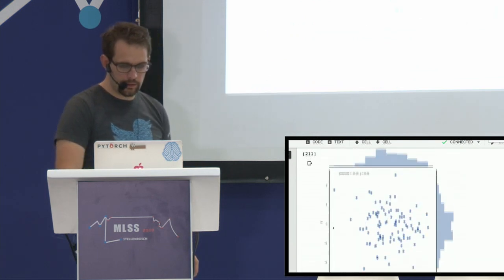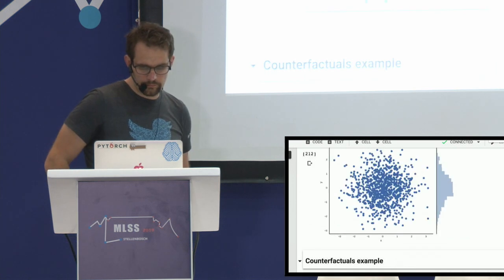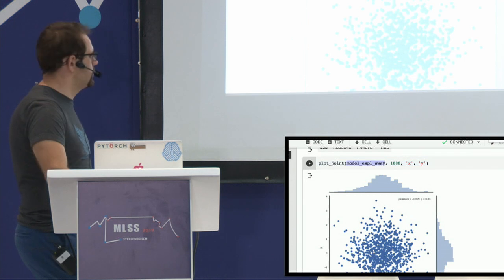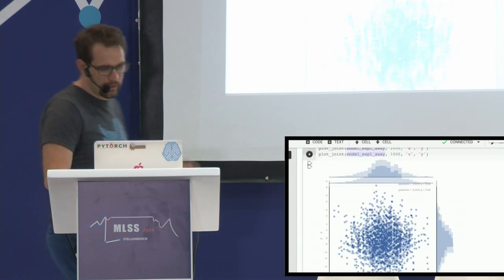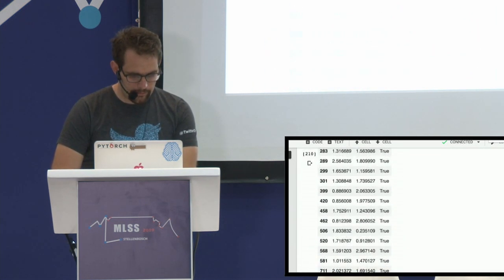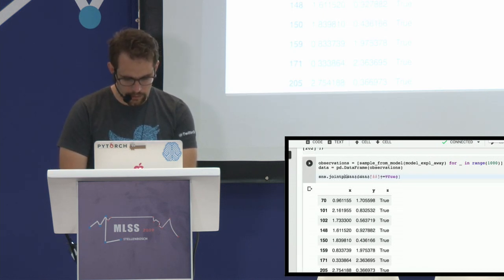So I'm just going to draw the 1,000 samples here. You can see that if I don't condition on z, this is just plotting the joint distribution of x and y in this model, and I can see a nice independent distribution. But if I now say sns.jointplot